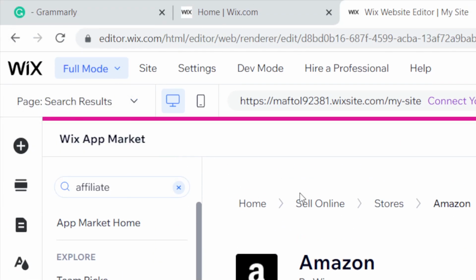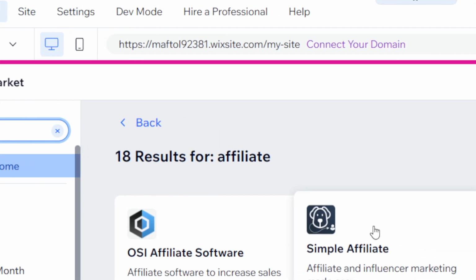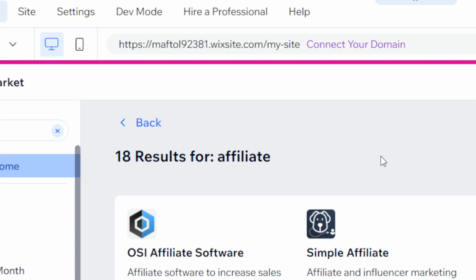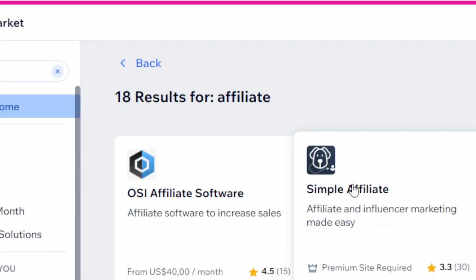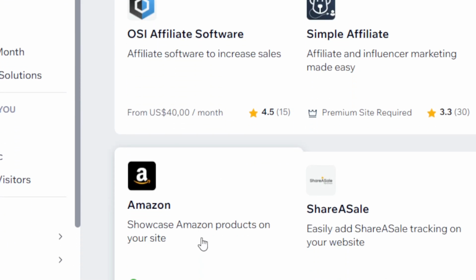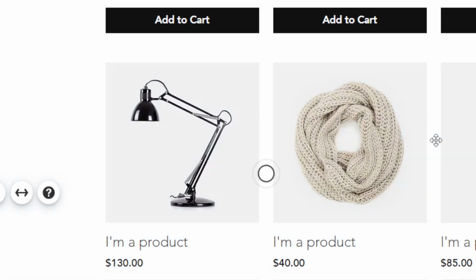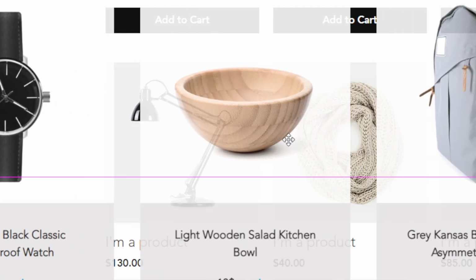By the way, let me go back so I can show you, because some people don't have affiliate links from Amazon. If you have an affiliate link from another website, click on simple affiliate. But if you are partnered with the Amazon affiliate program, click on Amazon. Okay, now you want to click on install, and then after you click on install,